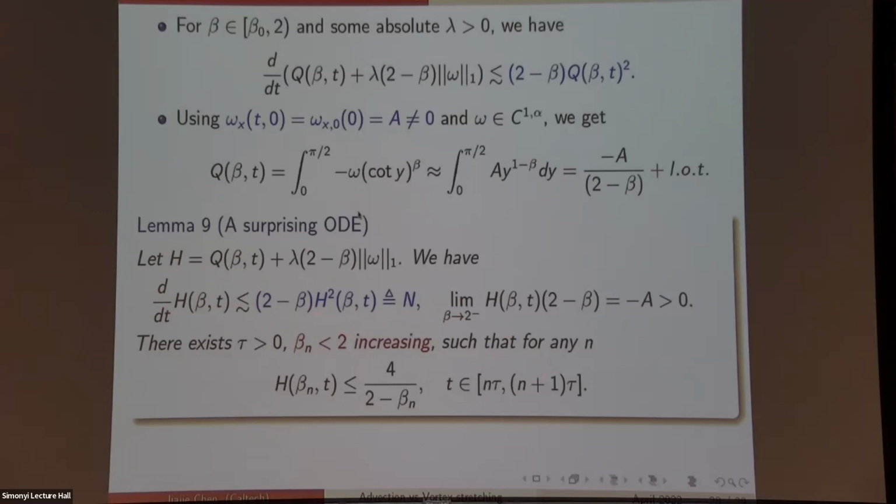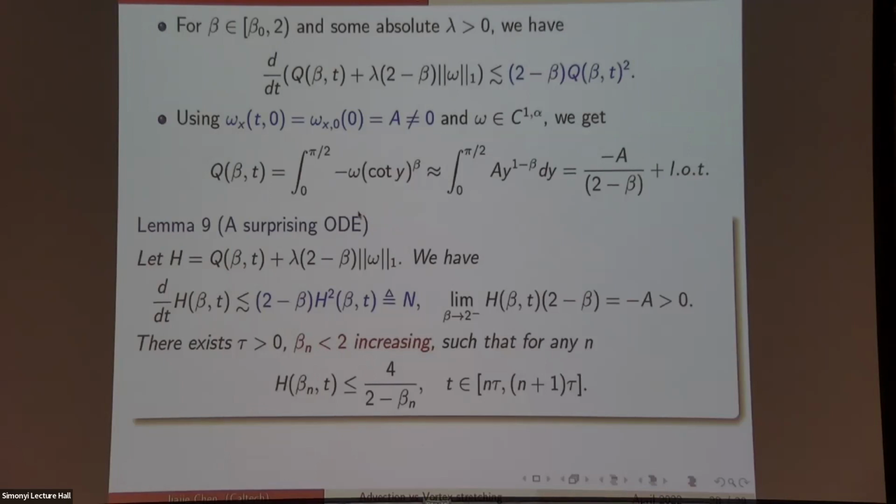asymptotic, using a simple but actually very surprising calculation, we can find that there's a fixed time step tau in the increasing sequence beta n, which is increasing but still less than 2, such that for any n, we control this energy H beta n for a fixed time of length tau. So each beta n will control it for a fixed time, but now the time step is fixed, so we can control it in one time period, then the second time period, another one, and therefore we can control this energy for all time. And it's somewhat surprising that this beta n does not hit 2 in finite time.